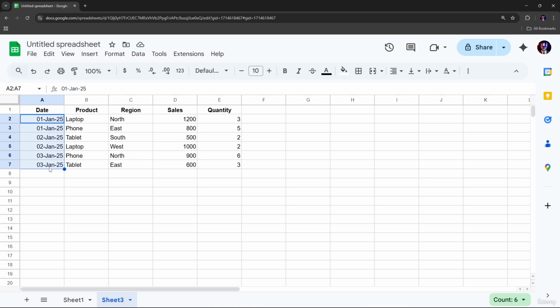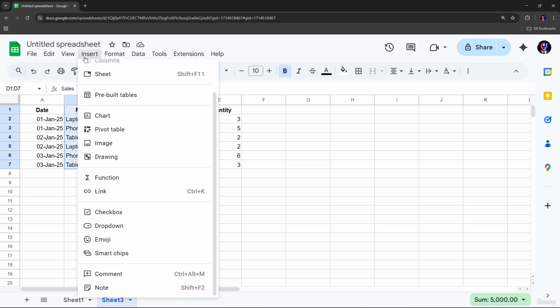Now let's turn this into visuals to understand the data better. The next section is creating charts. Charts allow us to quickly spot trends. Here, select the data range, for example, the column for the product and the column for the sales, and hold the Shift key or Control key, then go to the menu and click on Insert